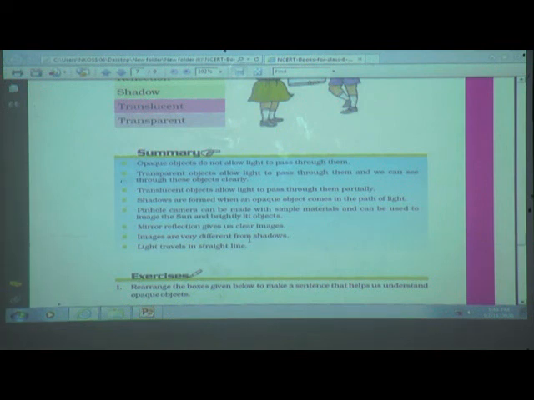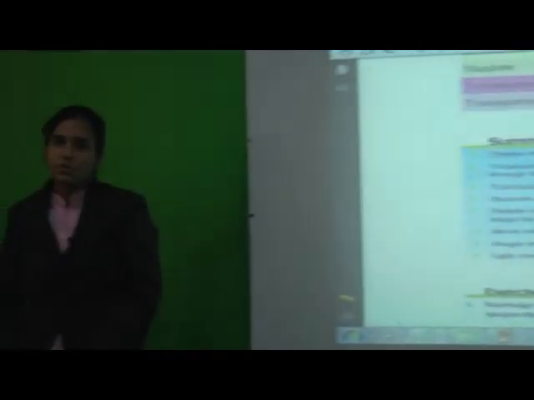Okay, so students, you can do these activities at your home also. Do it correctly, it will be very much fun for you. Students, make a pinhole camera, try to take a shadow of different opaque objects. Again, make shapes on the screen. Again, draw the outline of the shapes. Then you can do the candle activity also. You can even do the activity in a dark room. All these activities are very nice, so you can do them at your home. The material is also available in your home.